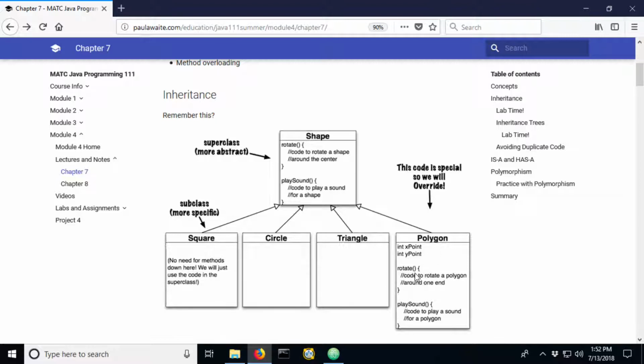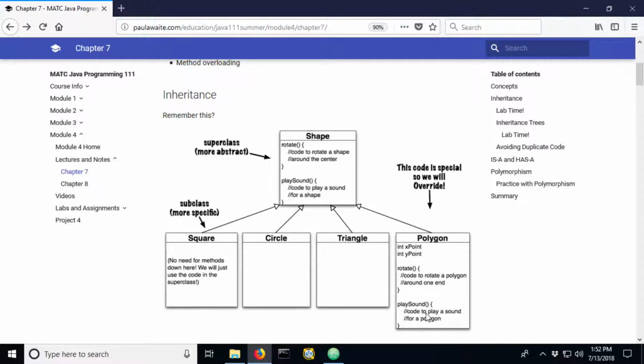So it rotated differently than our other shapes, which meant we have then an overridden rotate method. So we're overriding the behavior of the shape in the polygon. So there would actually be different code within the polygon than what we saw in the shape. And same thing with the play sounds. We're overriding the play sound method in polygon.